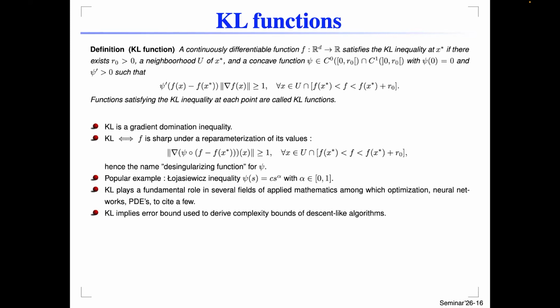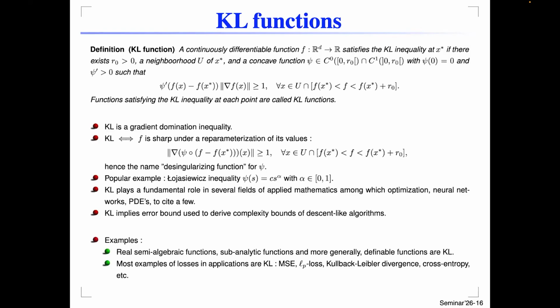Yeah, and this inequality, I'm pretty sure many of you here know this. It plays a really fundamental role in many areas, much before machine learning: optimization, even neural networks, by the way, PDEs, etc. What's important here for us is that it allows us to derive complexity, so convergence rates. Once you have this, it is somehow abstract for the practitioner, and the practitioner will ask when this will happen. It is a generic property, and if you use some tools from algebraic geometry, and this was actually the whole series of papers by Kurdyka and also by Lojasiewicz,